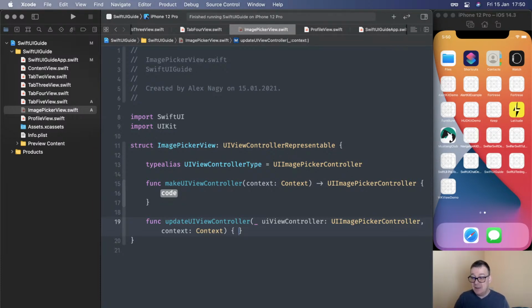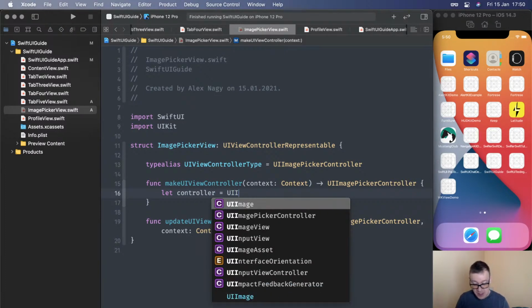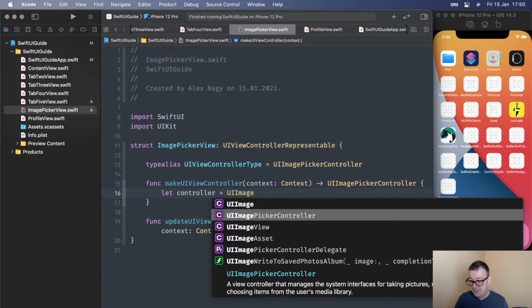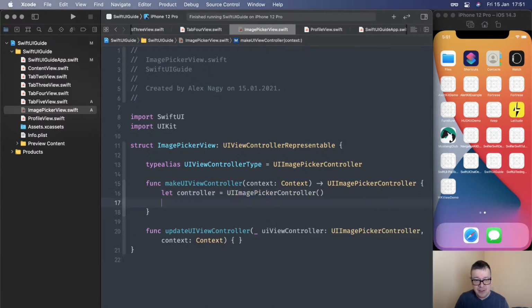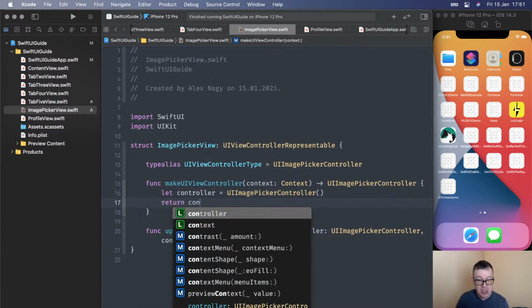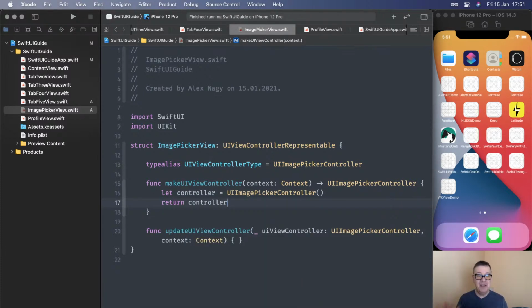Okay, so let's start off with make UI view controller, and that is pretty simple. We want to create a controller that is UI image picker controller. Okay, and let's return that. Return our controller. So we have made our image picker controller. How awesome is that? And now with this set up, we are kind of done with the image picker view. We will talk about the delegates in just a second, but let's move this and go to